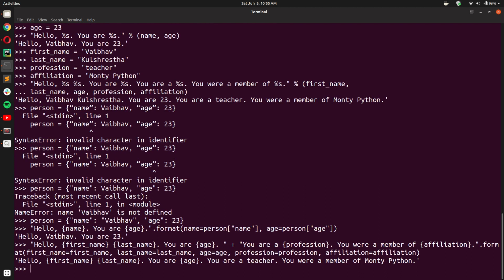Okay, and you saw that when I entered this example, I got the wrong output. For the last two formats, I got the correct output. But for the first two, I didn't, and that was because the values of the first two variables are not initialized.